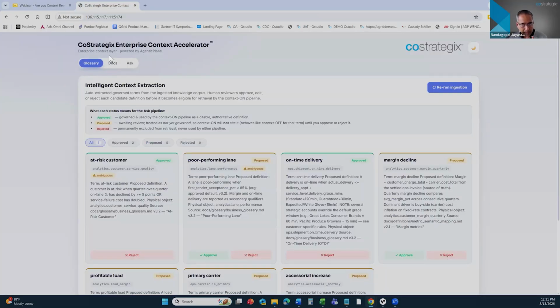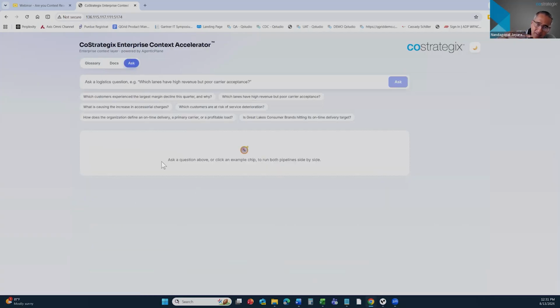context accelerator. As you would imagine, a lot of the context logic and principles are just back-end driven. There's not much we can demo about. So what we've done is build a simple interface on top of that CoStrategix enterprise context accelerator to demonstrate this piece, right? And some of you may have seen this from my other conference presentation. We've improved the quality of it, but the way we demo it is kind of consistent. So we can ask questions here, and it'll run it with the context and without the context. Now, what makes up the context, right?